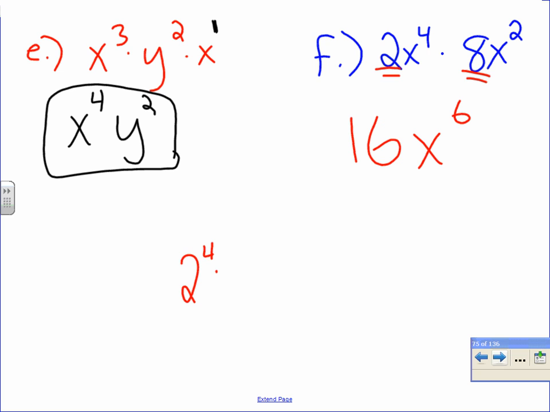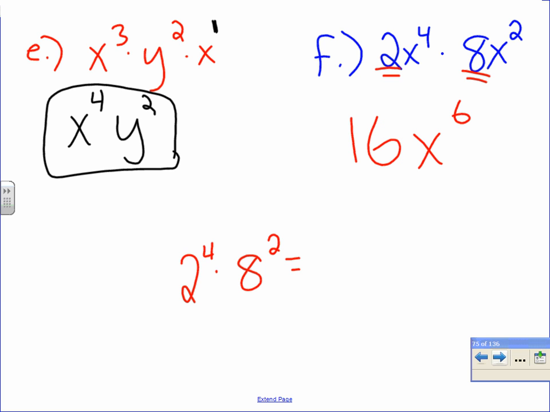So if it was 2 to the 4th times 8 to the 2nd, you cannot go any further. You leave them like that because the bases are different. Good question. Mary? But the answers need to stay in exponential form. So you could, but we want all the answers to be in exponential form. Emma M? So in part F,